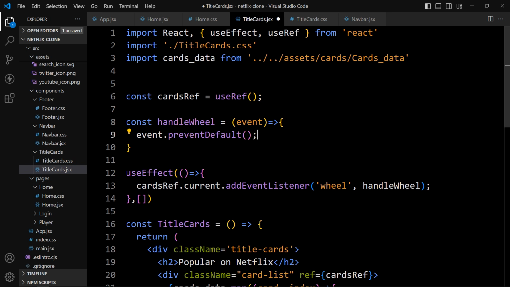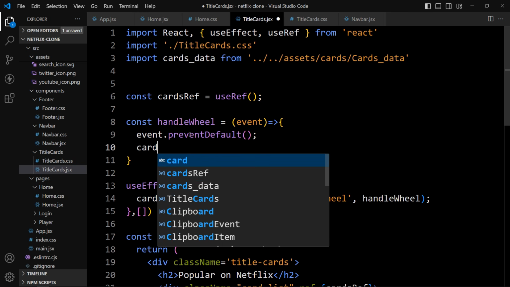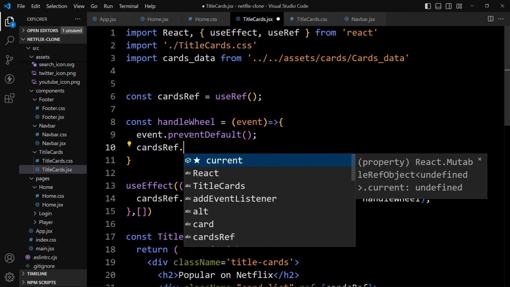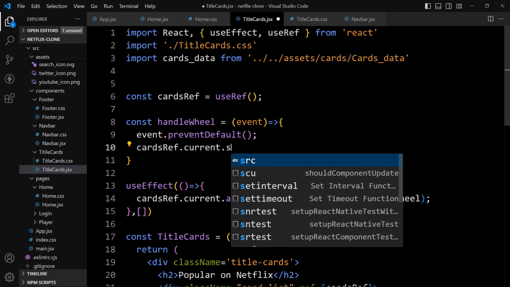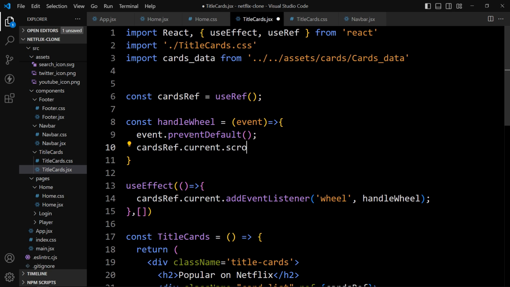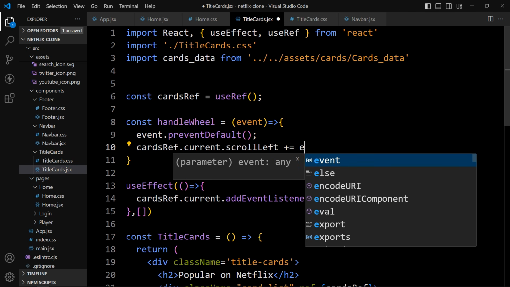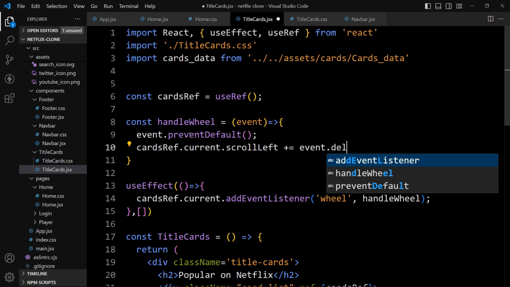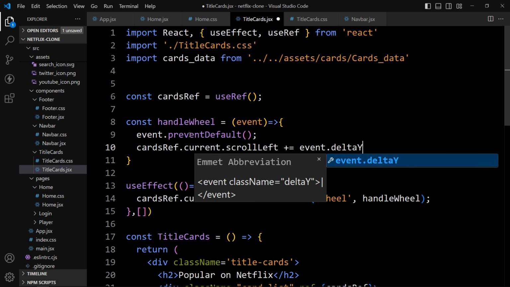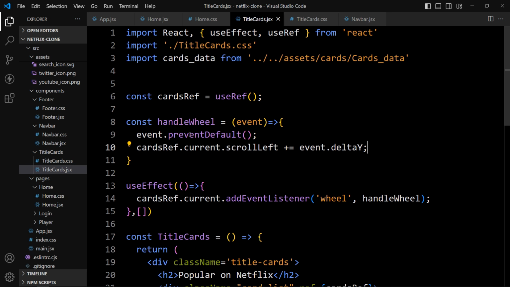Now we have to scroll the cards horizontally. For that, here we will add the cardsRef.current.scrollLeft plus equal to, and it will be event.deltaY. That's it. After adding this, let's open the web page.